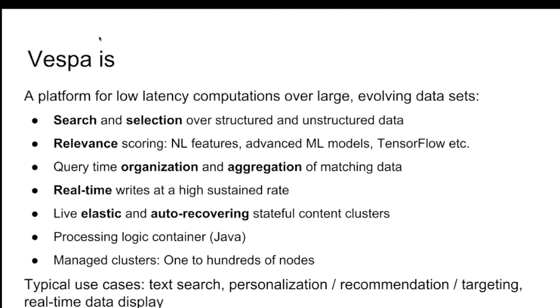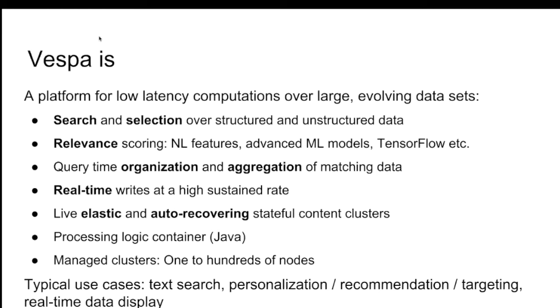You can use it for things like recommendation, where you want to use different kinds of machine learning models and so on. And you can plug in machine learning models from things like TensorFlow. You can do organization and aggregation of the matching data on the fly, described as part of your query.